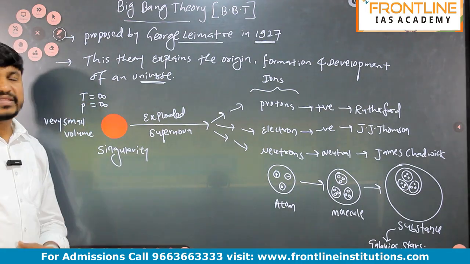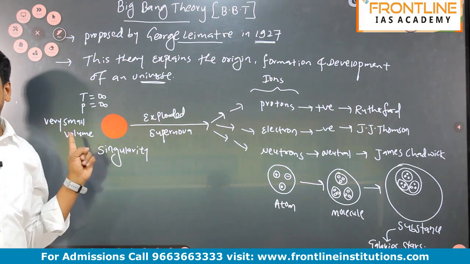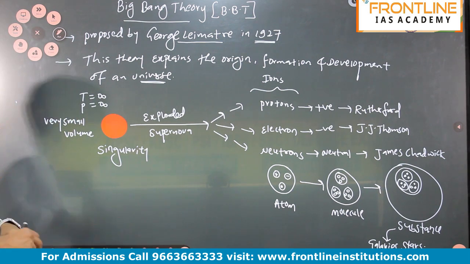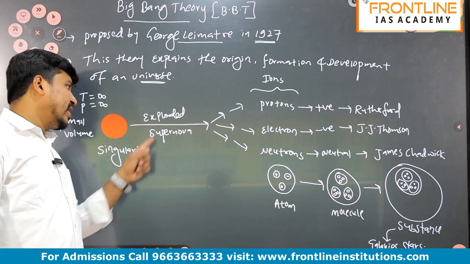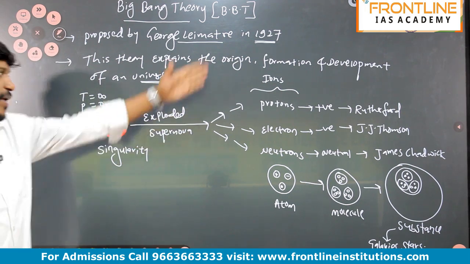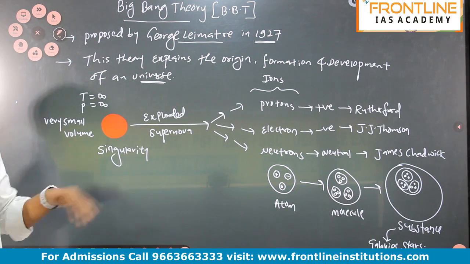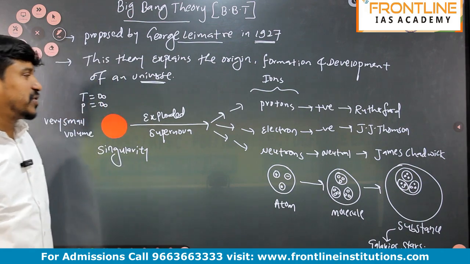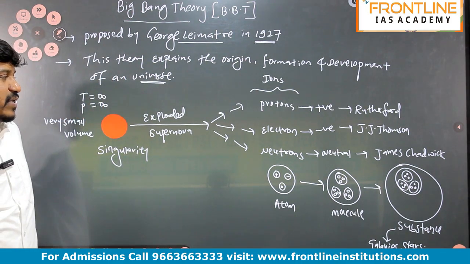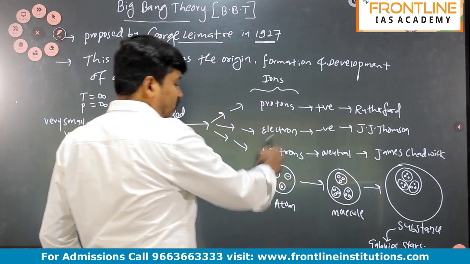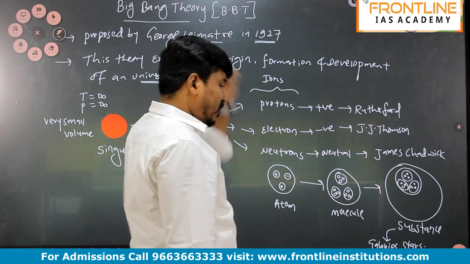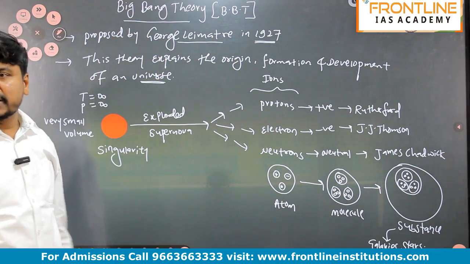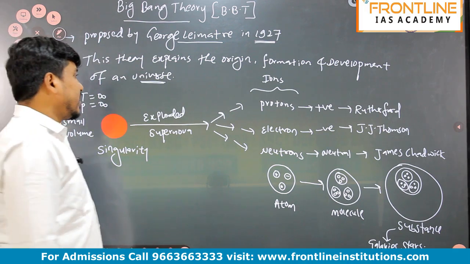So that is the Big Bang theory. The Big Bang theory says that earlier there was a single object with infinite temperature, infinite pressure and very small volume, and that exploded, a process we call supernova, meaning explosion. It led to the formation of positive, negative and neutral particles. These together formed atoms, molecules and substances, and that substance led to the formation of galaxies, nebulae and everything. So this is about the Big Bang theory.